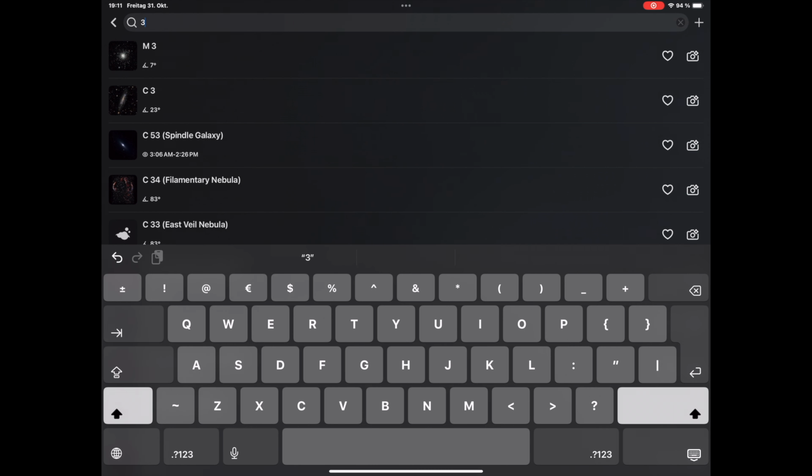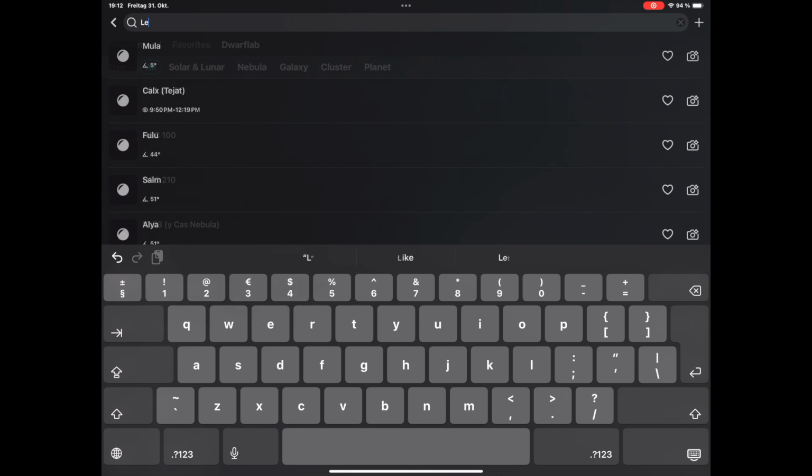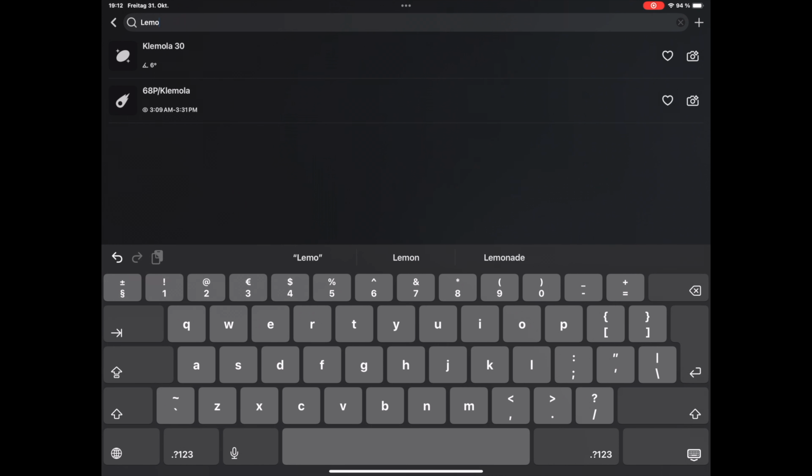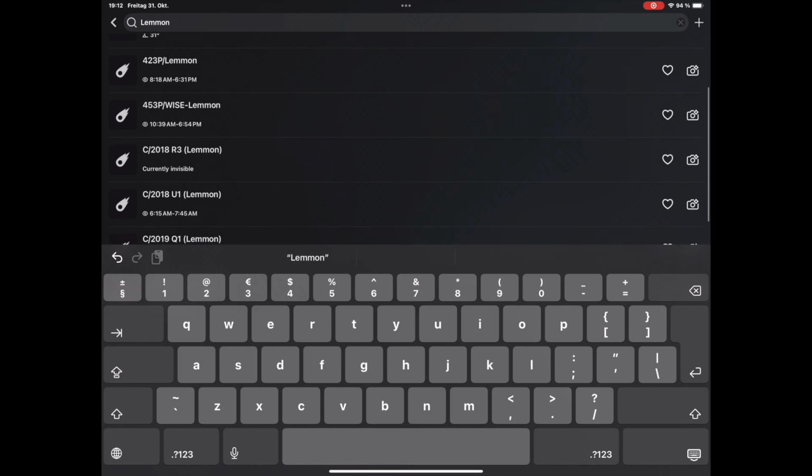So I'm just going to type in comet 3I Atlas. It showed me this was a course you can see on Friday, October 31st. Now it's a bit later, so I'll be doing that at one in the morning as soon as I can, keeping in mind where it's visible. I'll be trying to get Atlas, but here I'm going through the options of Lemmon